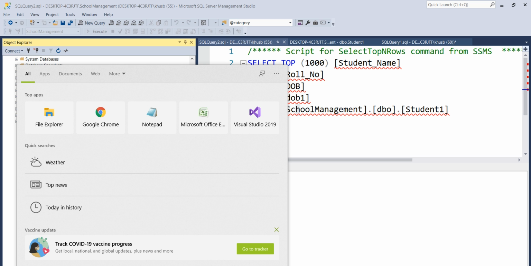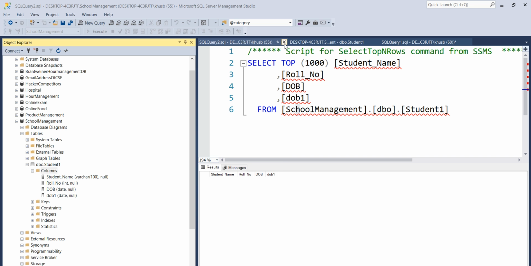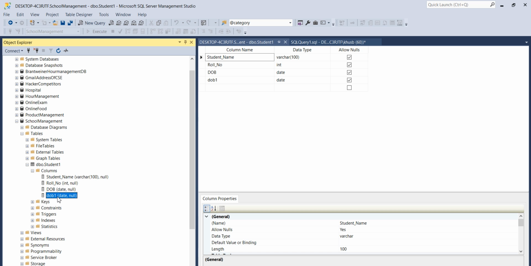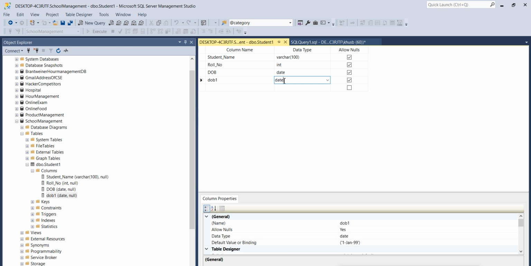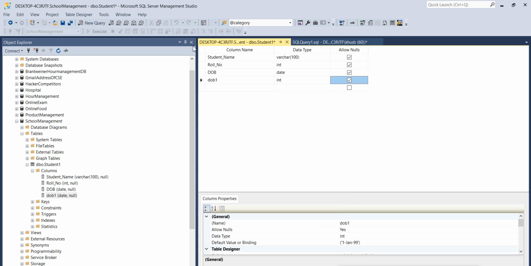Ma'am, from the error a while ago, what does it mean that the column is a dependent column? Basically it means that we have a DOB column with date data type, and sometimes it shows an error message for this date data type. If it is some other data type, let's say integer for now, when I delete this column, it is not going to show any error. It is basically because whenever we have some data in our table, it sometimes shows this. So we need to change some settings before deleting that date time. So for now we'll just skip this one.